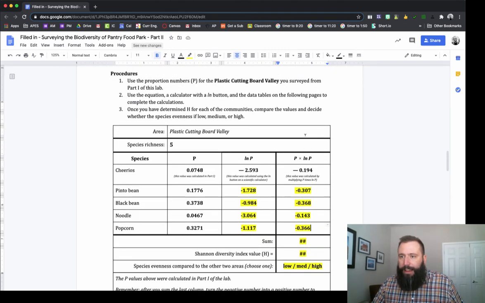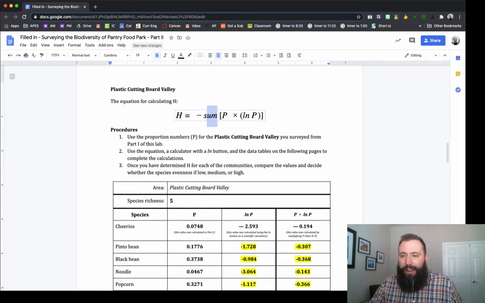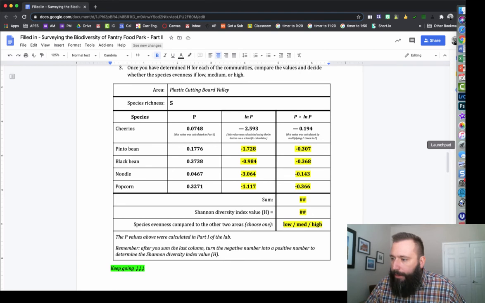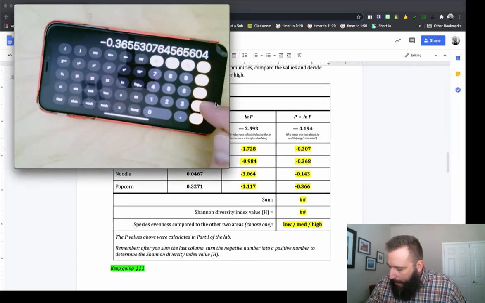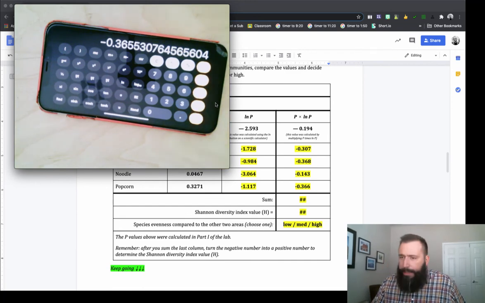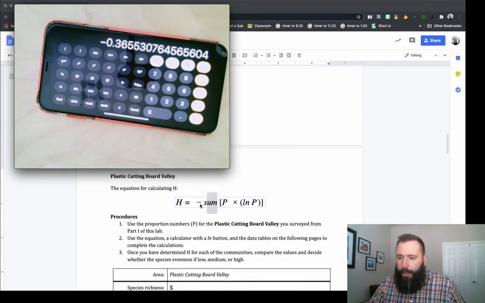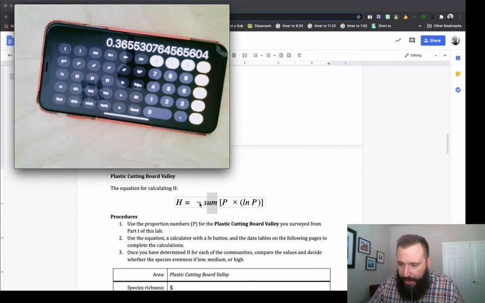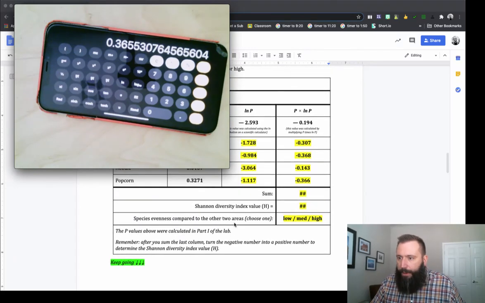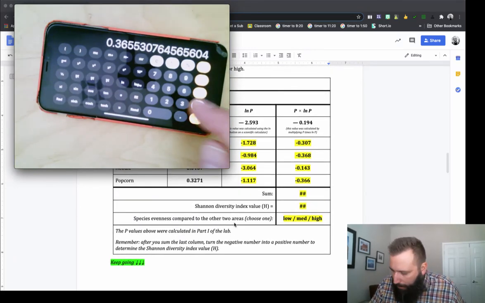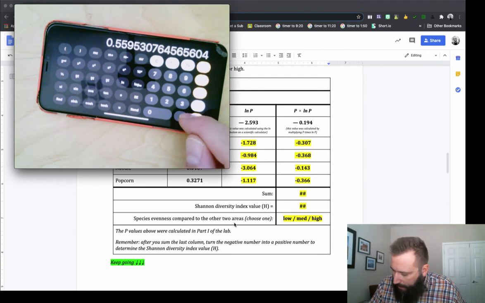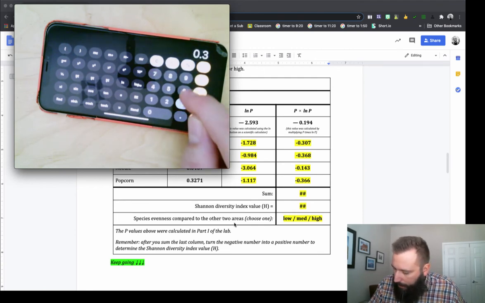Okay, so let's do this. Now, based off of that equation up here, we're going to add up all of these numbers in that last column. So let's do that now. Let me pull up my calculator again. You know what I'm going to do, because this formula has a negative sign. The reason that negative sign is there is to make all of these negative numbers positive. So I'm just going to get rid of the negative sign now, if that makes sense. This is saving me a step here. So let's start adding these together. I'm going to take the positive versions of those numbers just to save a little bit of time, because I don't want to get confused. Let's do this, 0.368 plus,